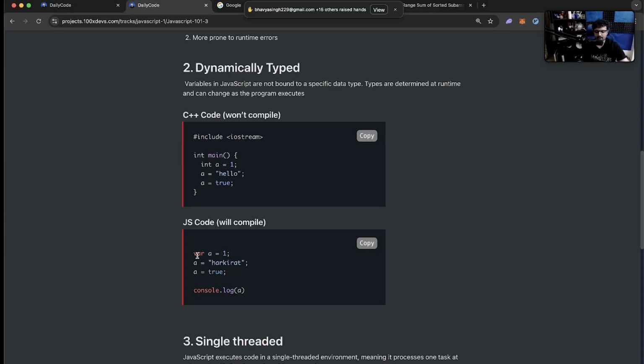Okay, as you can see here, I have not written int a equal to 1. I have written variable a equal to 1. I can change its type. I can change its type one more time. Let's quickly try out both of these in Replit. You can try it out locally, or you can just look at the screen. Either is fine. Let's quickly try to run this C++ code on Replit.